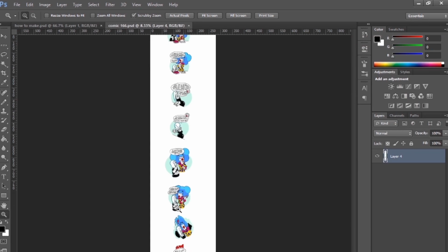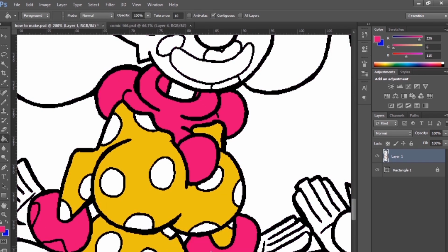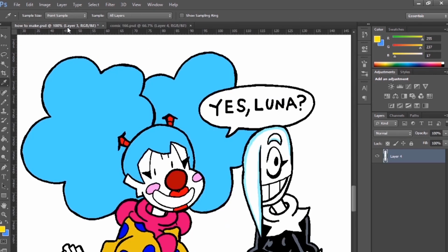So I start by opening old Bongo Luna comic files so I can sample all the color. And using the paint bucket tool, I go ahead and fill in everything like a coloring book. Once all the characters are colored, I merge the color layer with the white background. Then using the magic wand tool, I select the 2 colors I want to shade by making that its own